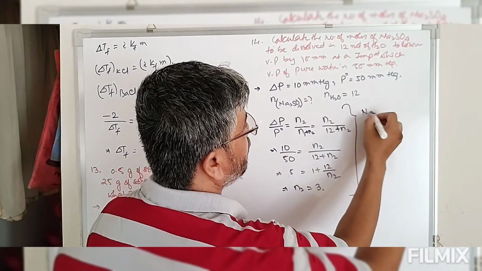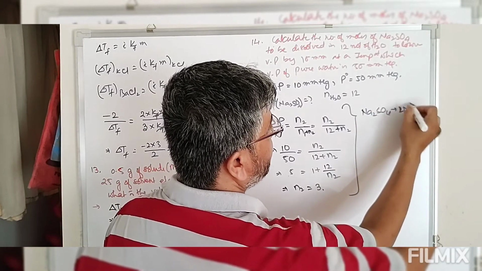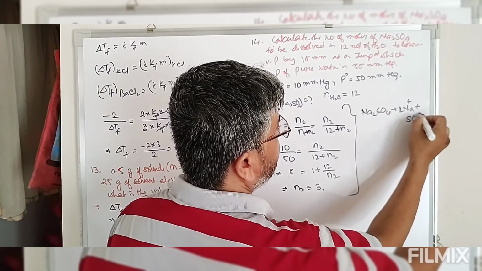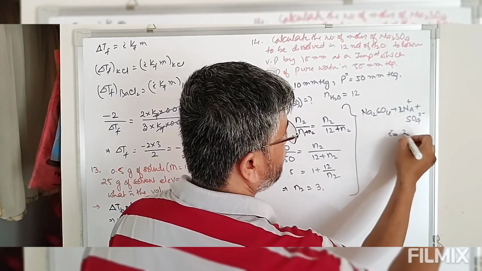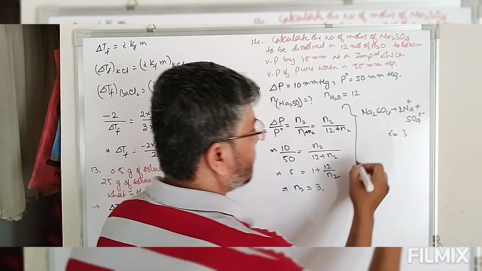Now look at this. The I factor for sodium sulfate, Na2SO4, gives you 2Na plus sulfate ion. So therefore I equals 3. So the total number of particles present in the solution is 3. Therefore